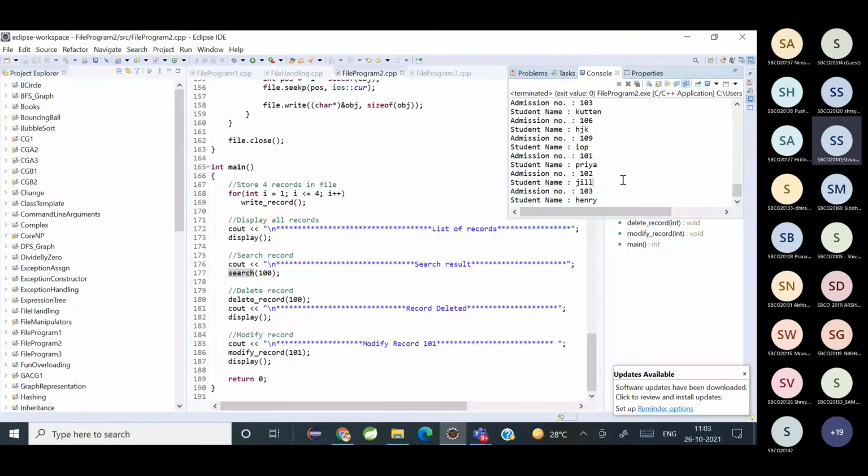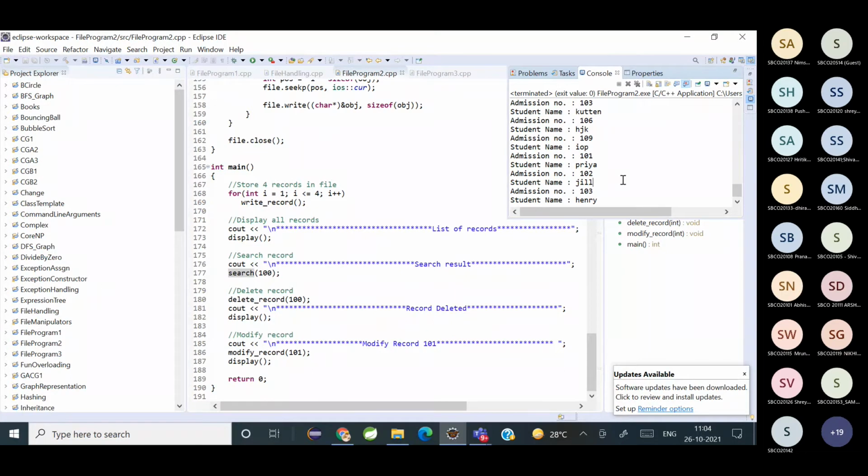Yes, ma'am. Understood everybody? Any doubt? Are you all facing any difficulties? So this is all about files. Files don't have anything more. You have to know how to open a file, different ways to open a file, what are the different streams used for input, output and all, what are the different modes used, what are the manipulators used, how you can write an object to a file, and read an object from a file. So all this is about file handling.